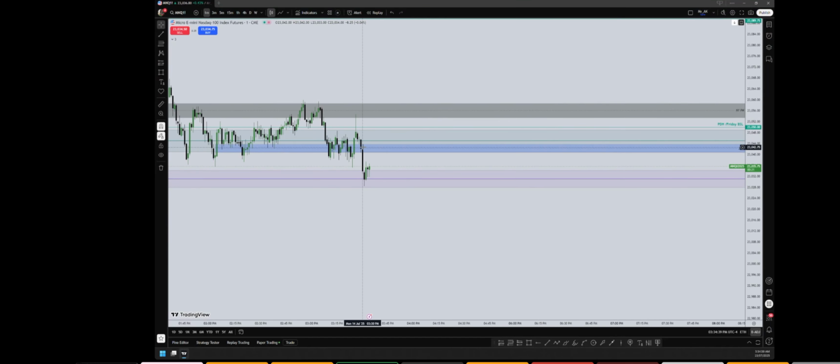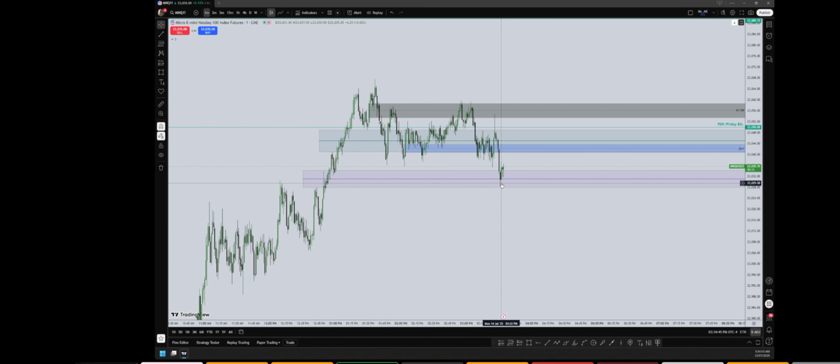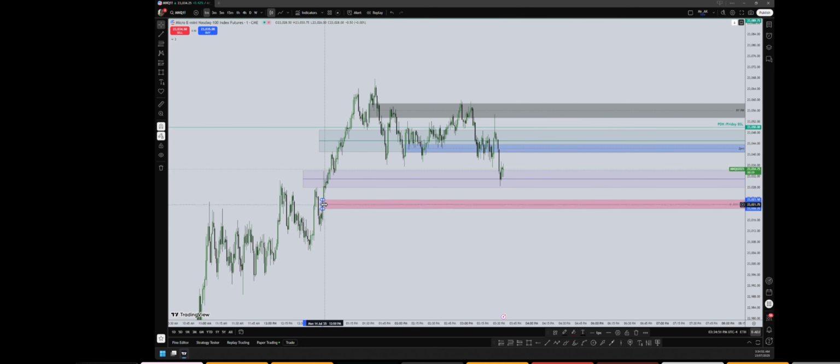So overlapping PDRs are formed. Now let's see if market uses that PDR and then comes back one more time. And exactly what I was looking for is these two fair value gaps. How is market trading these two fair value gaps? This one, and this one. I know I have liquidity below it, but